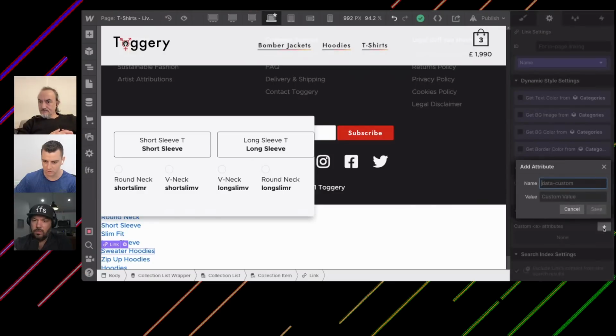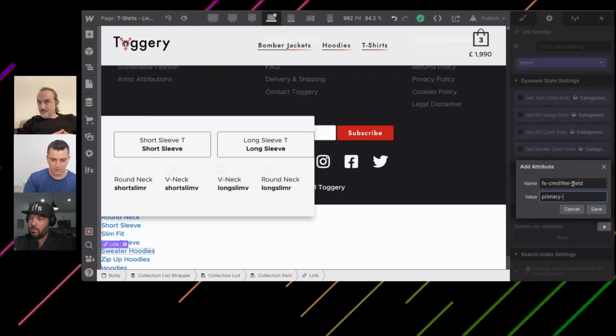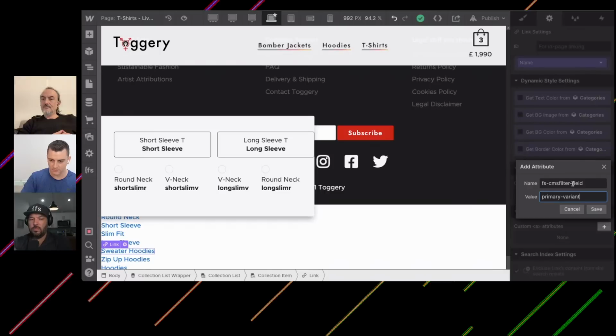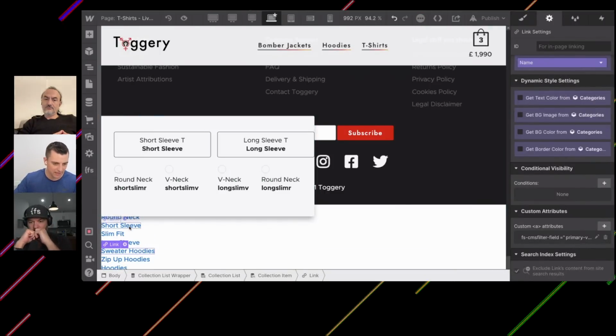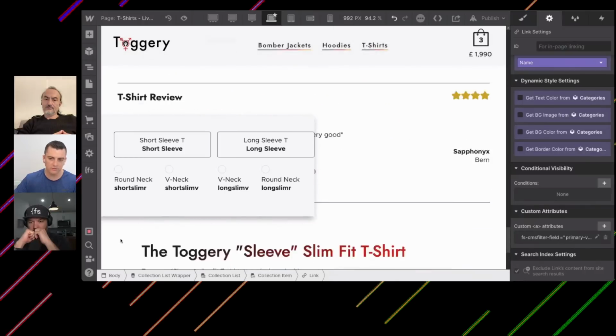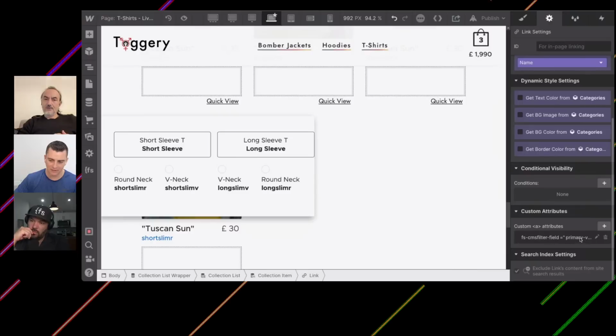Not conditions. I'm going to call this FS. Oh, I have it on my clipboard. Yeah. Primary variant. And now all of these nested items that will be here on page load have this attribute,